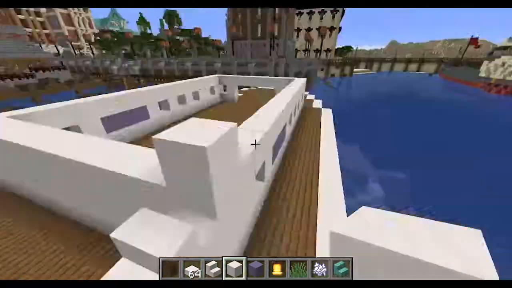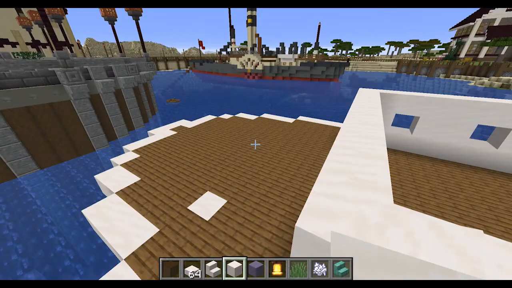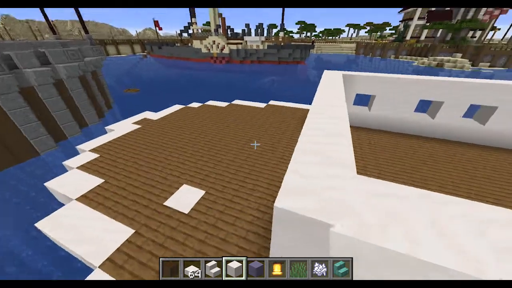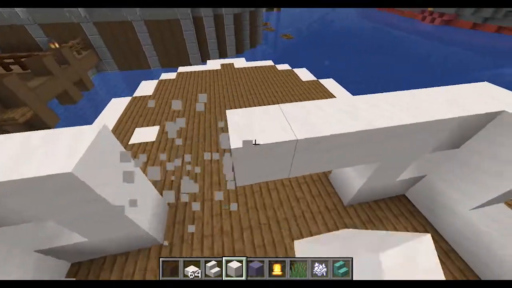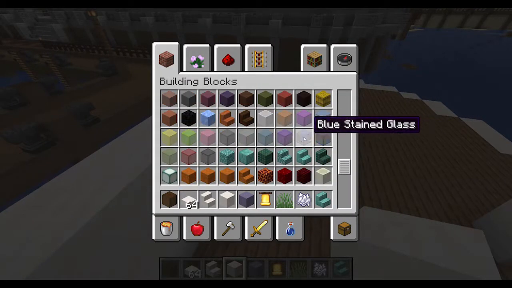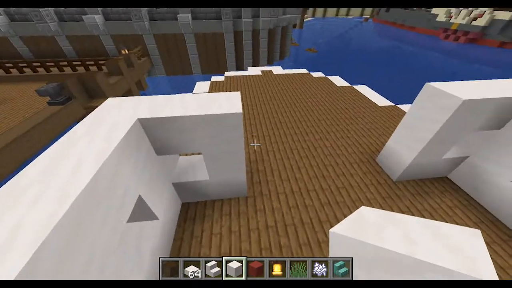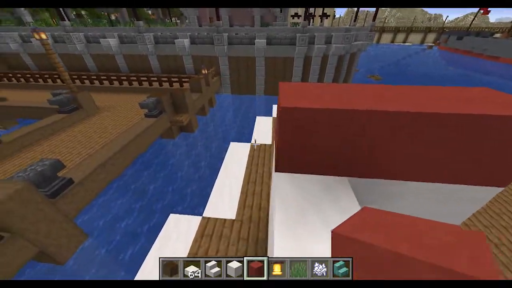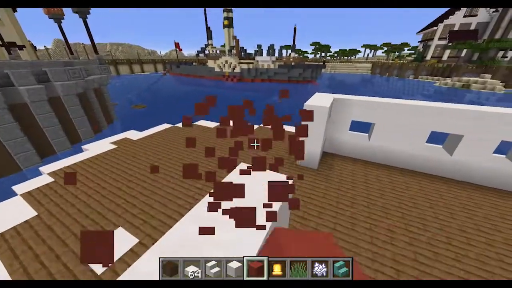You want it to be a gradual increase. There we go. Nice. There to be a little bit of color.